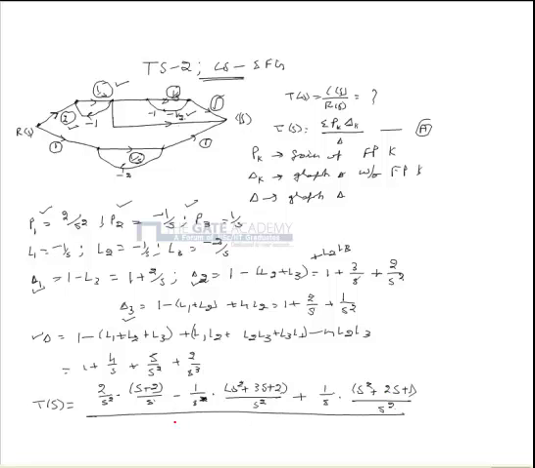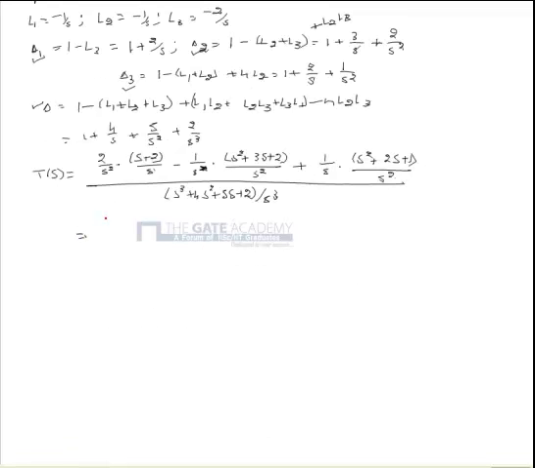as a whole divided by s cube plus 4s square plus 5s plus 2 divided by s cube, which on simplification becomes s plus 3 divided by s plus 1 whole square multiplied by s plus 2. So the correct option is